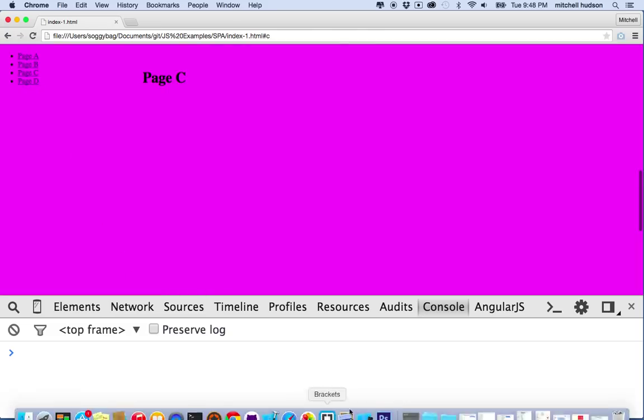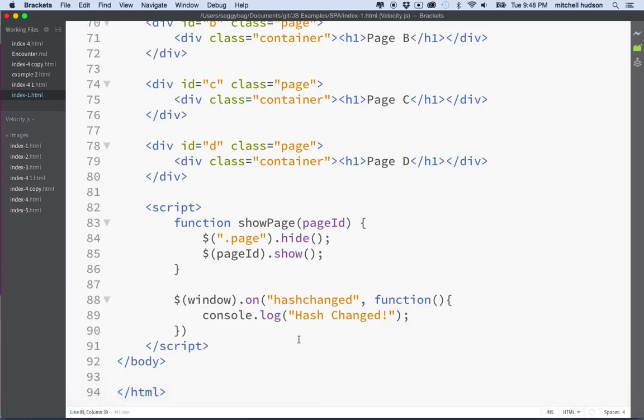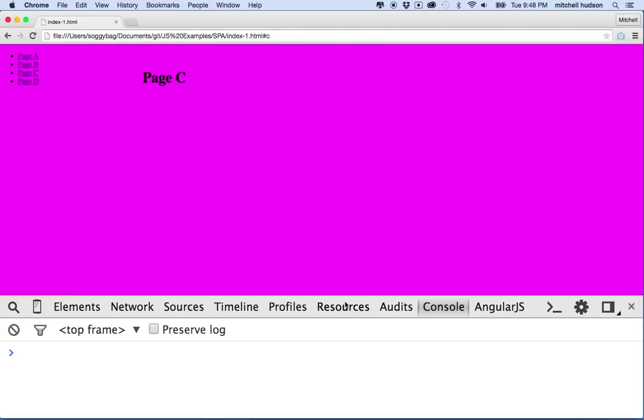actually my hash change is not working. Maybe it's hash changed, right? Let's go back and, or hash change like that, right? So we'll say hash change. Let's make sure I spell it right. Let's test it again. So we'll save this, and then I'll refresh my page here,